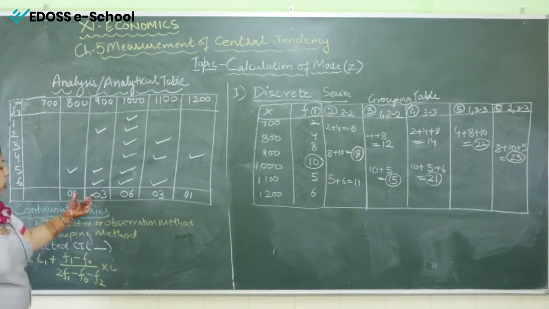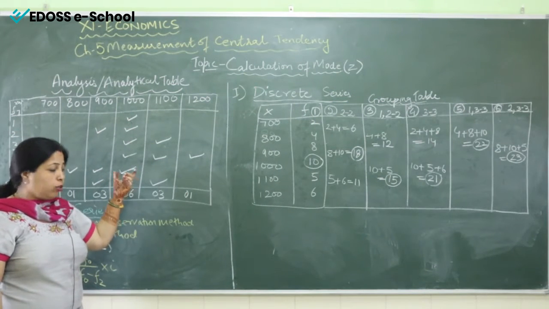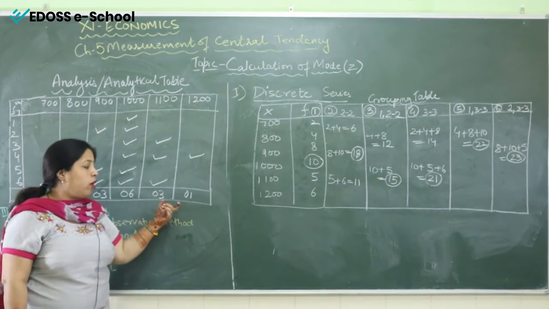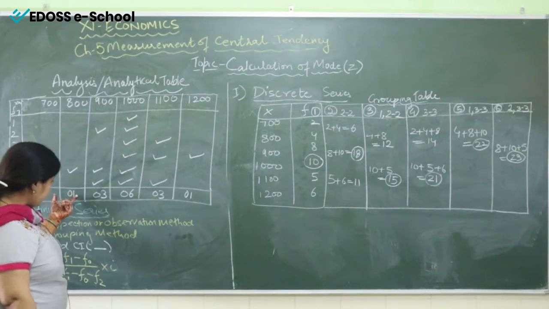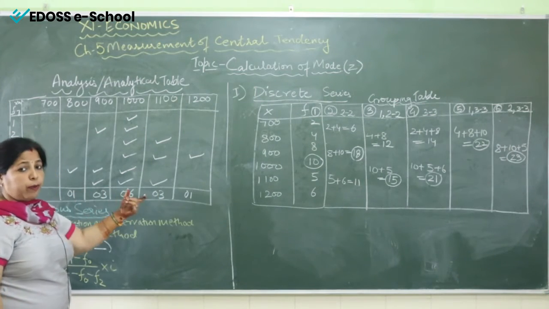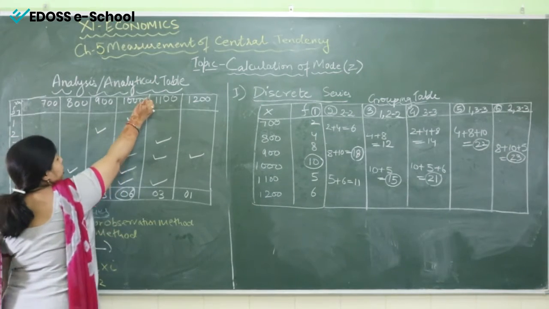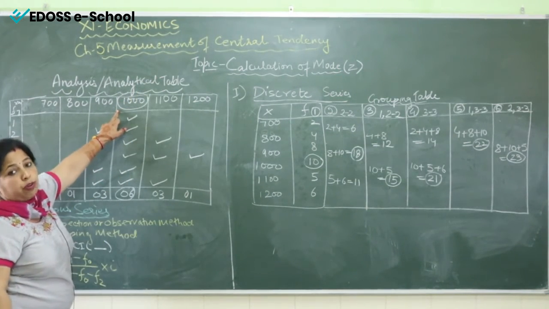तो हमने क्या किया है? टोटल कर लिया. अब ये टोटल क्या है? हमने फ्रीक्वेंसीज के ग्रुप बनाए थे. तो टोटल जो आया, that is frequencies. These are the actual frequencies for the grouping table to calculate mode. Now we are going to see which is the highest number in this frequency, that is 6. और 6 किसके सामने है? 1000 के. So 1000 is mode.